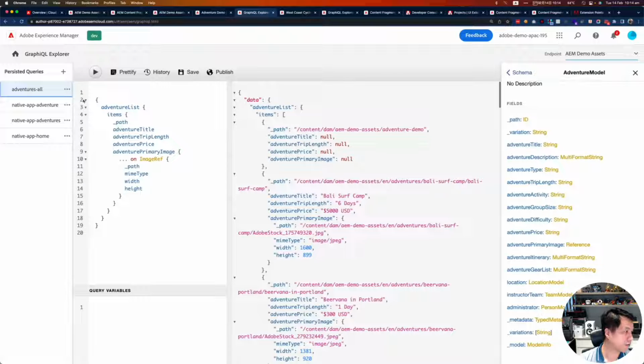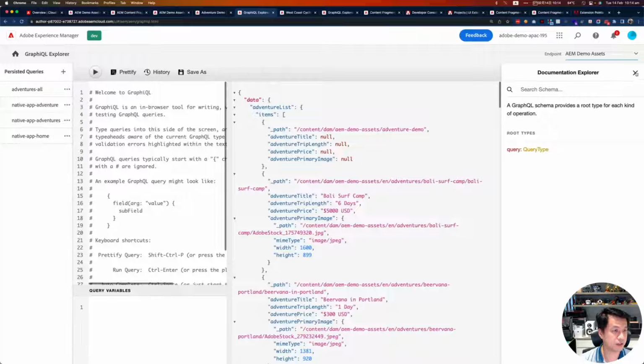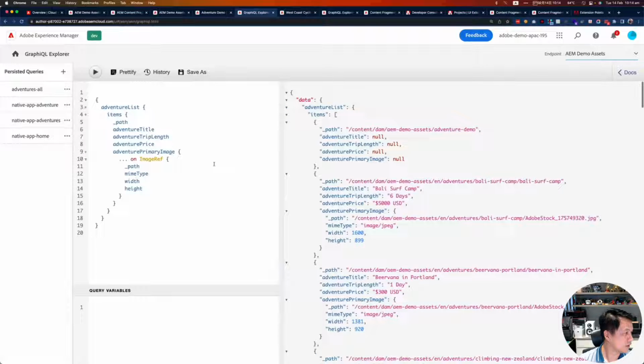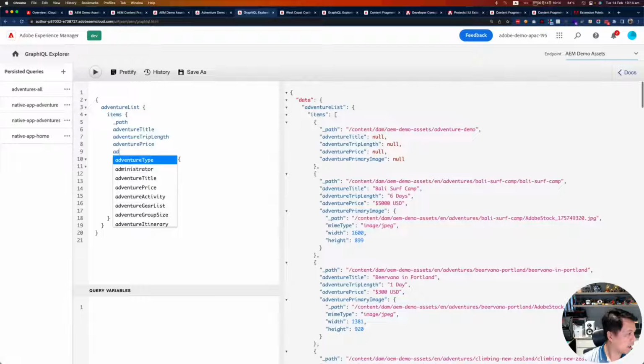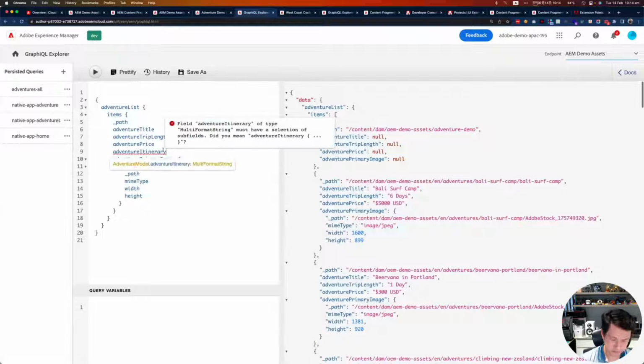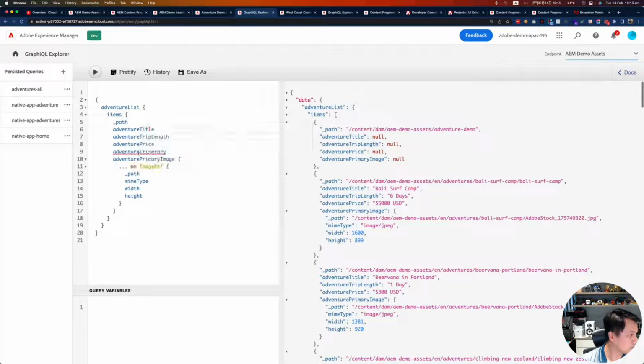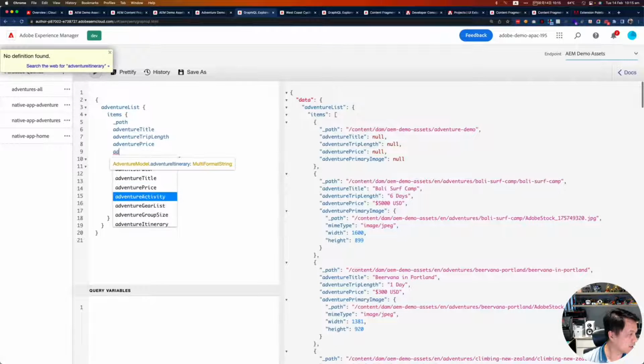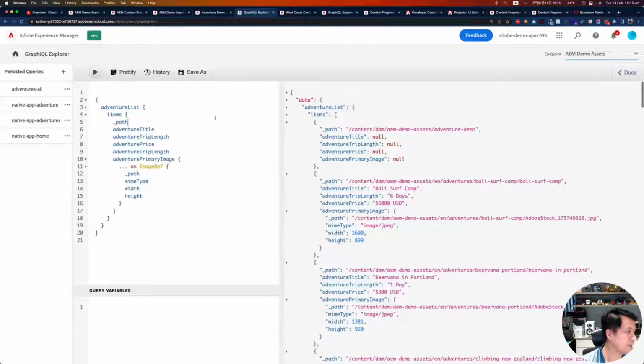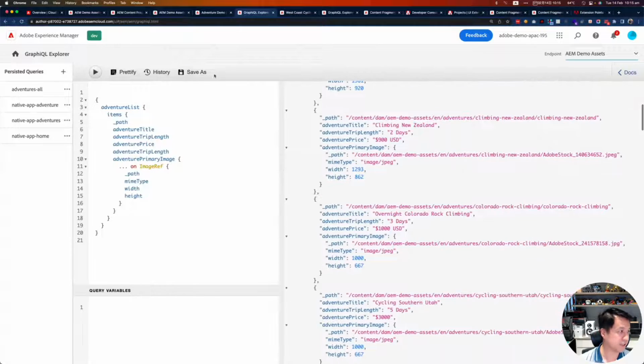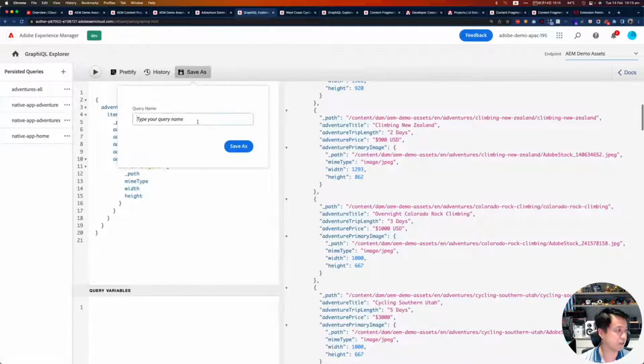So if I've got this query, let's say I'm going to copy this one. I want to create a new persistent query. So I paste it here. Let me add another multi-string. Okay, I added another simple field, trip length, and I give it a try. I'm happy with the result. And I can simply use the Save As button to say this is for James query.